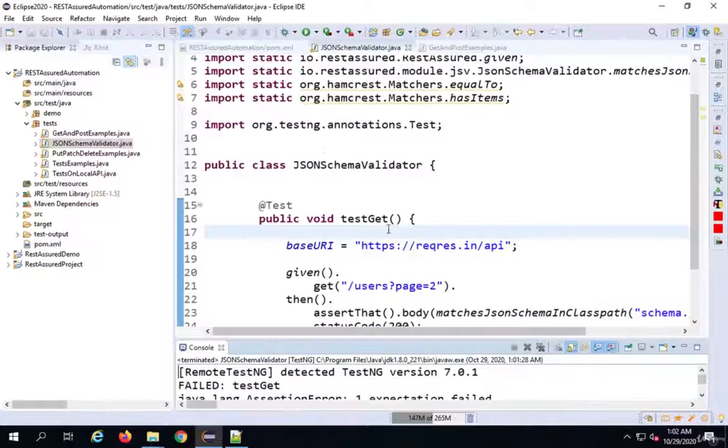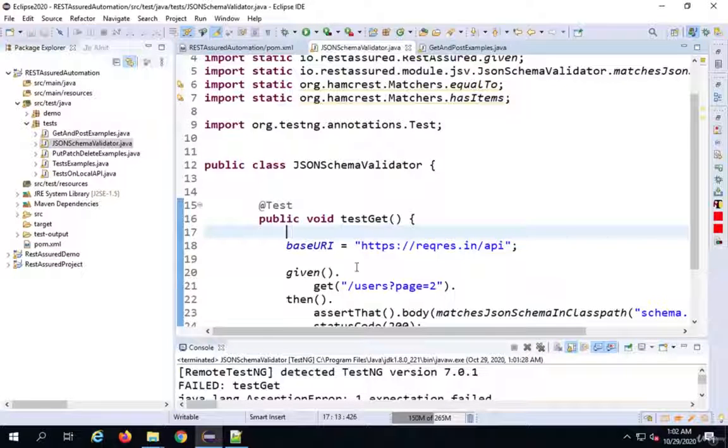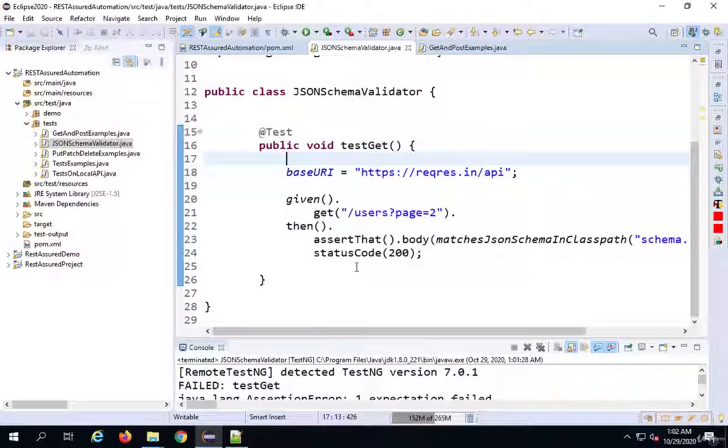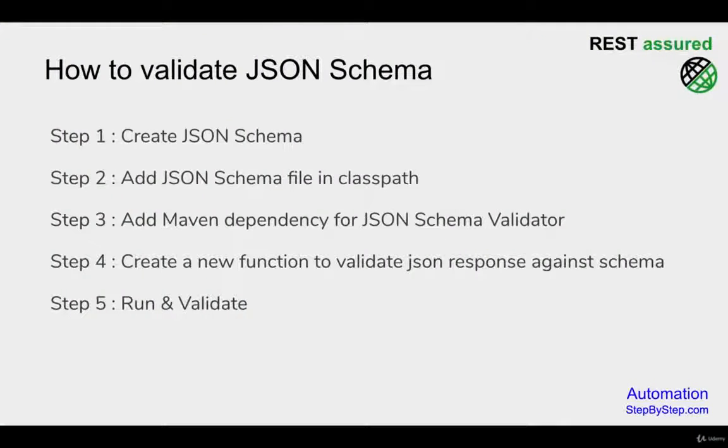So that means now our JSON schema validator is working, and this is how you can validate your JSON against your JSON schema. I hope this session